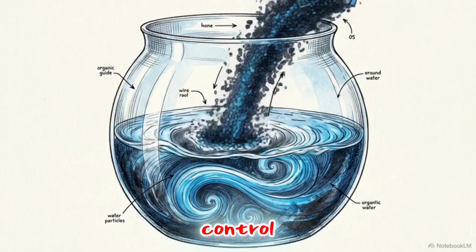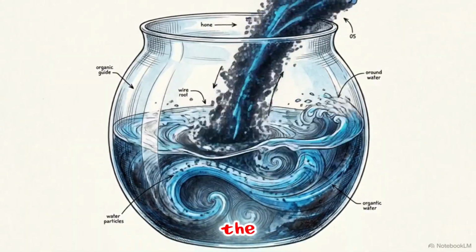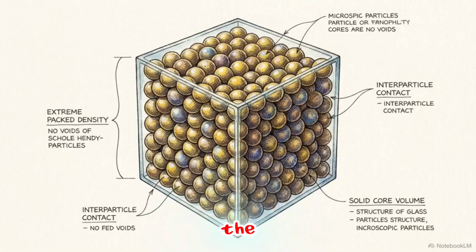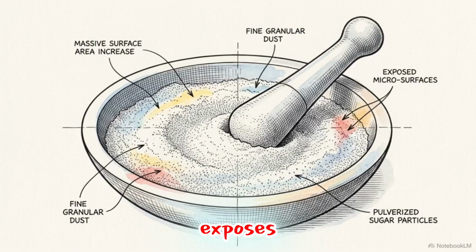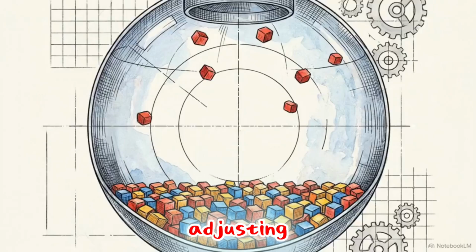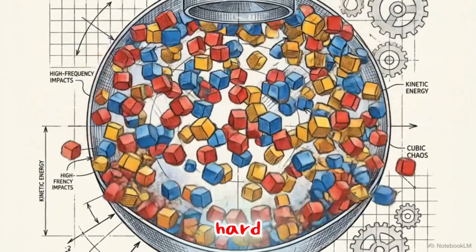Our second point of control is concentration. If you want a stronger brew, you add more powder to the same volume of water. By packing the space with more particles, you make frequent impacts a mathematical certainty. You can increase this frequency even further through surface area. A solid sugar cube only lets water strike its outer edges. Crushing that cube into powder exposes millions of tiny new surfaces, giving the water particles vastly more targets to hit at the same time. By adjusting heat and physical crowding, we can dictate exactly how often and how hard these